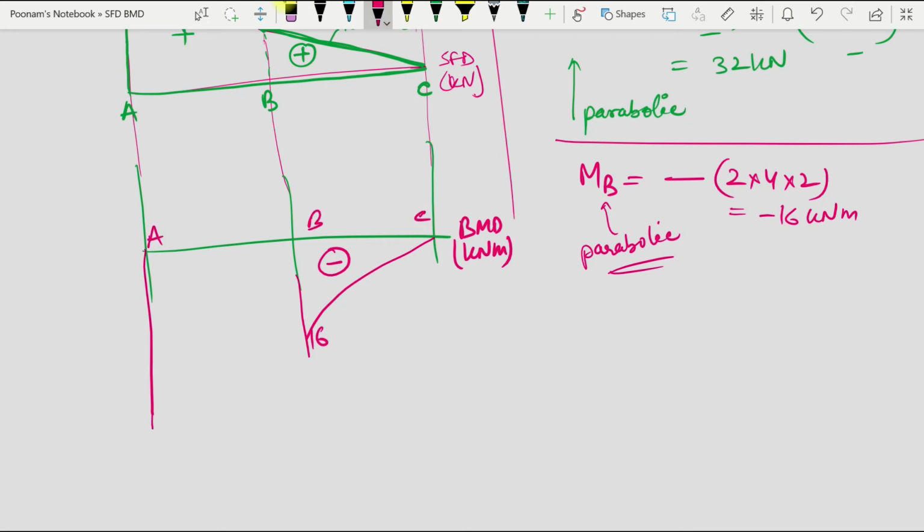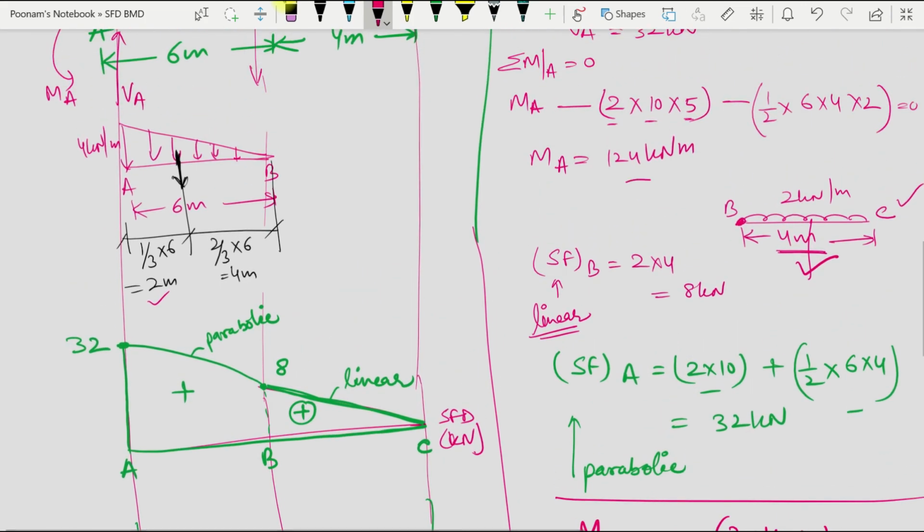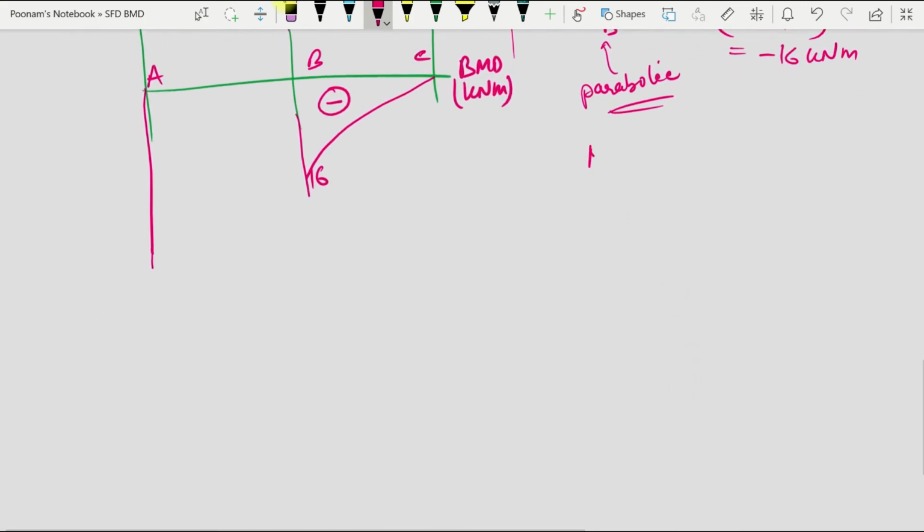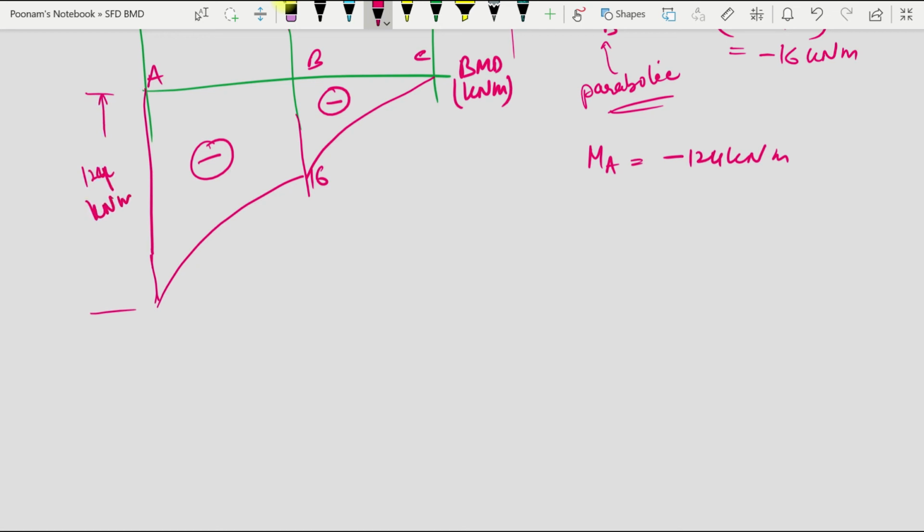My value of bending moment will be equal to the support reaction 124 but negative. So MA will be minus 124 kilonewton meter, and it will be a cubic parabola. So minus, and this value is 124 kilonewton meter. So here the variation is cubic parabola because under uniformly varying load the bending moment diagram takes the shape of cubic parabola, and this is